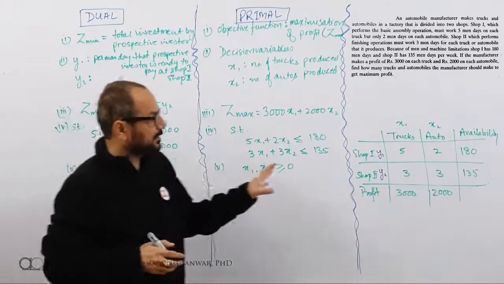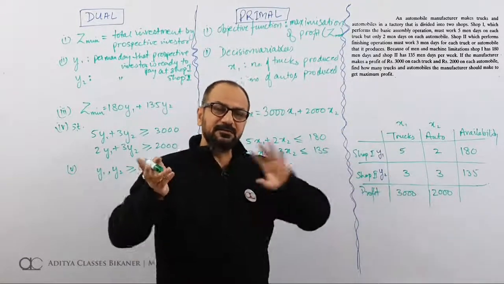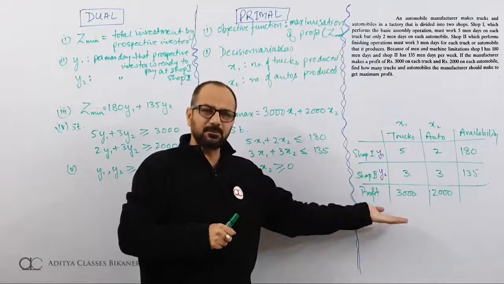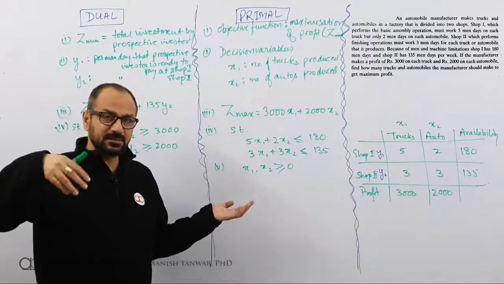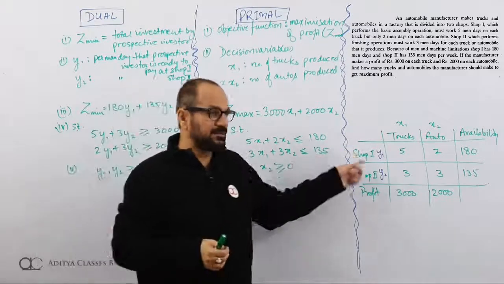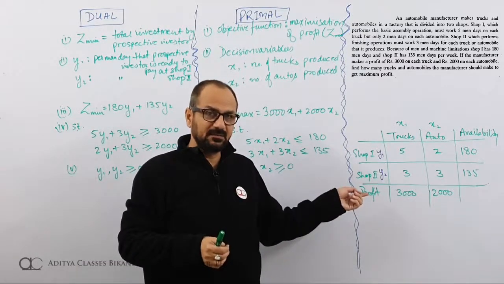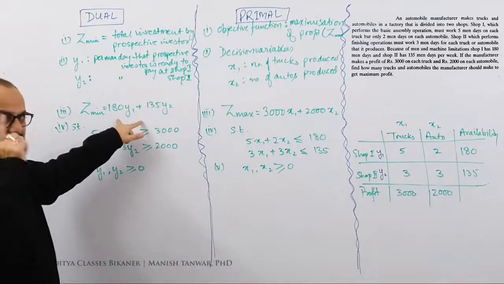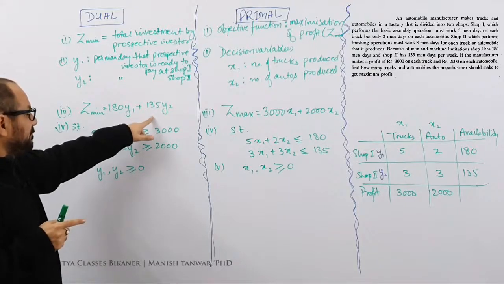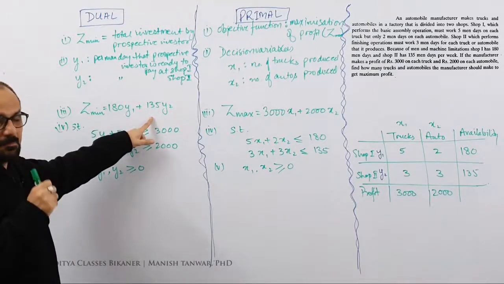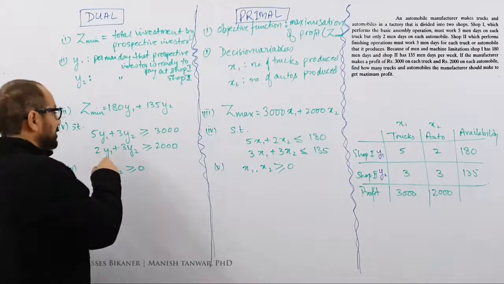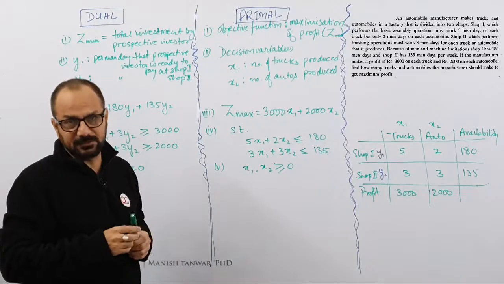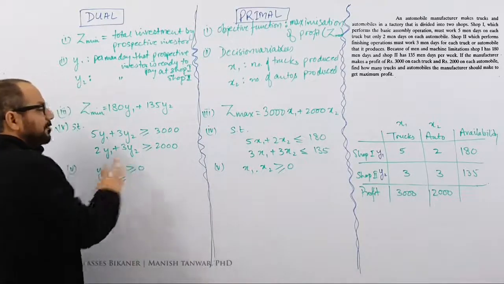So, we see that the very same problem can have two different perspectives of looking at it. In the absence of any investor interest, this was my problem formulation. But as soon as I change the perspective, as soon as I see that there is an investor who is ready to invest in my raw material, in my labor, then the perspective shifts. Now, the investor will be having in his mind that 180y1 plus 135y2 should be minimized. But during this deal, my perspective would be that whatever I am getting from here should at least be 3000 or more than 3000. This should be more than 2000.